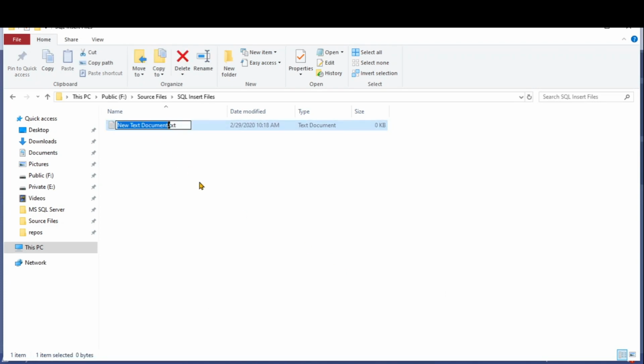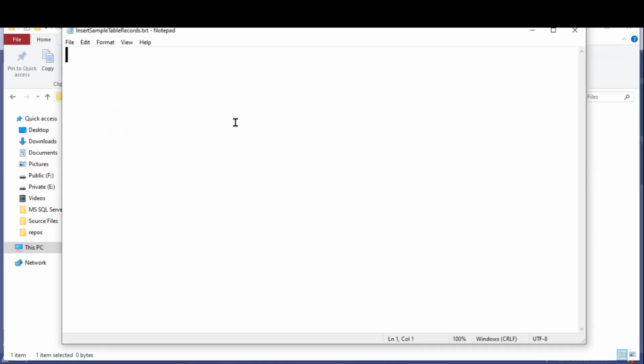Text file insert, sample table record. So let's insert some records into sample table. Okay, let's open this, and let's write queries here. Insert into